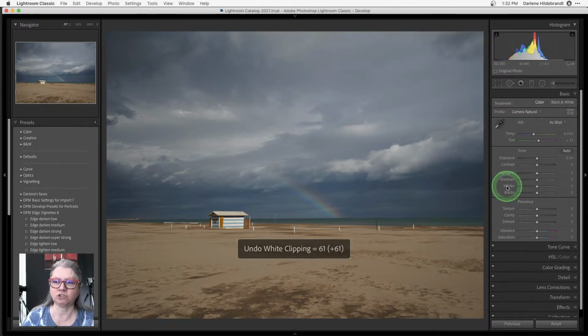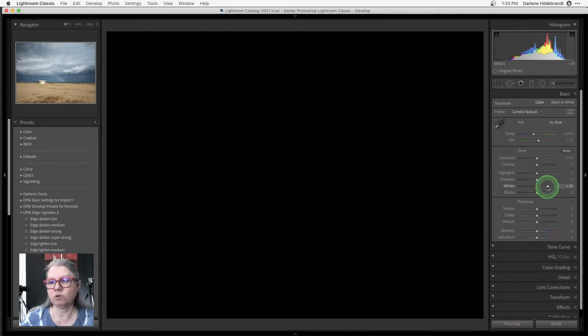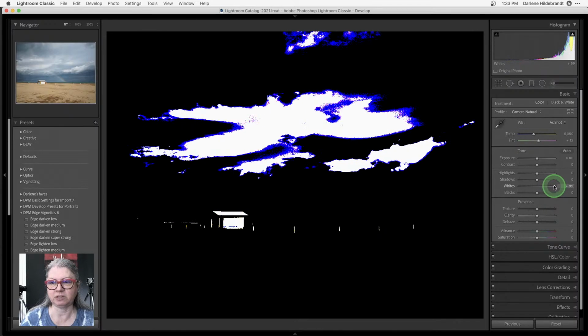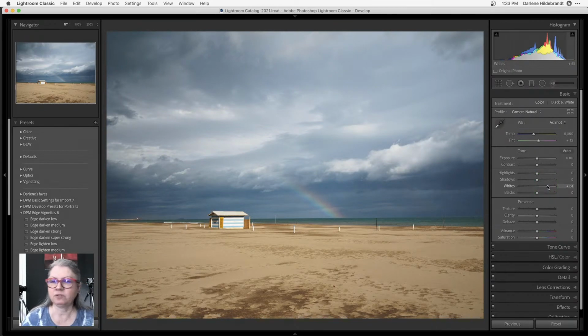I'm going to do it one more time. So shift, double click, and if I want to check that, another trick is to hold your Alt Option key and click the slider, if you want to set the white point manually. What you're seeing now is anything that's clipping, so there's nothing clipping, it's all black. Take it further until you see some clipping, so I'm going to the right, and then bring it back to the left until there's no clipping, so we end up right back where we were at 61. So you can see that the shift double click did a great job.